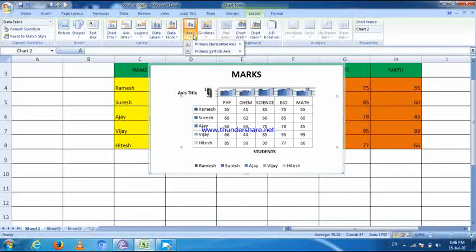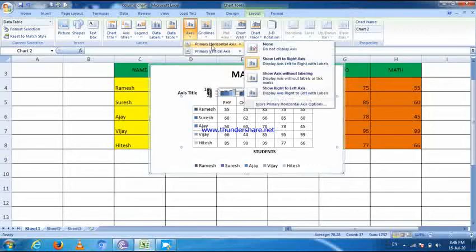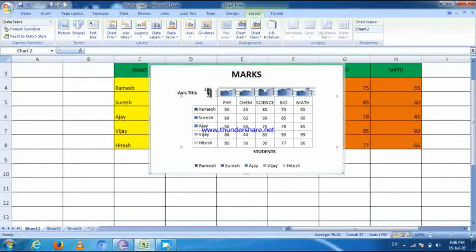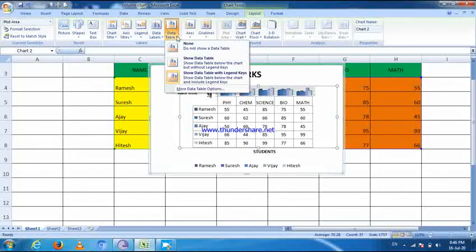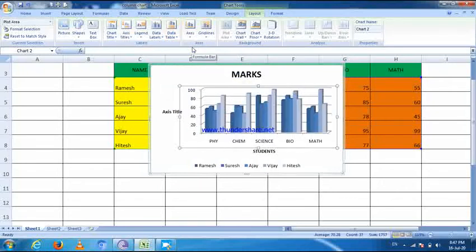Next tab, axis. Primary horizontal axis, show left to right axis. Then you can select show right. First let's remove the data table. Then you can select axis, primary horizontal axis, show left to right axis.